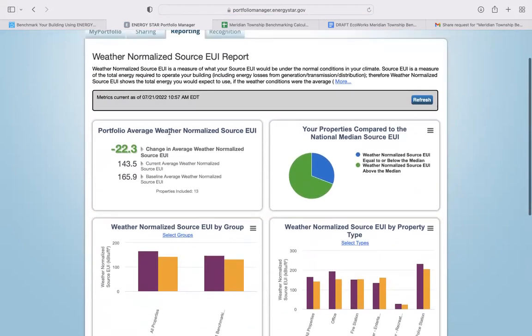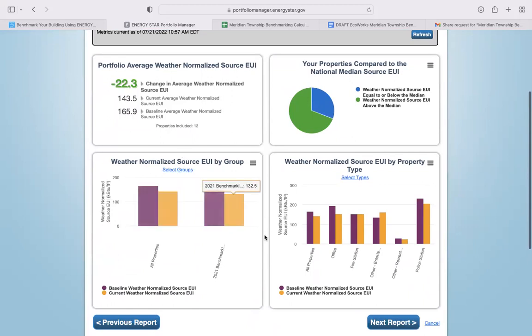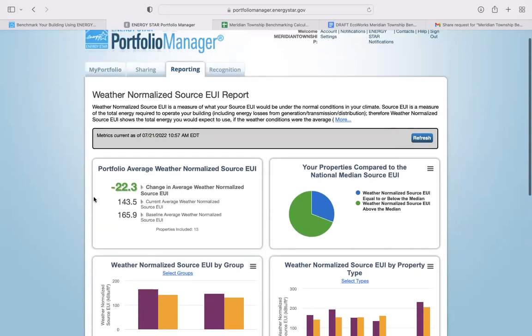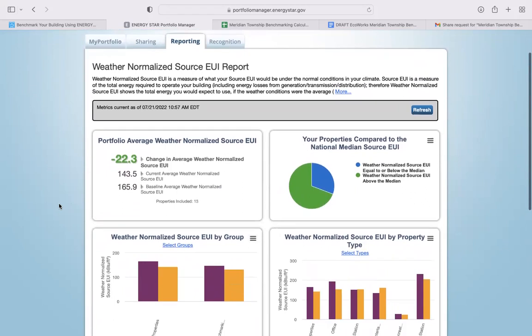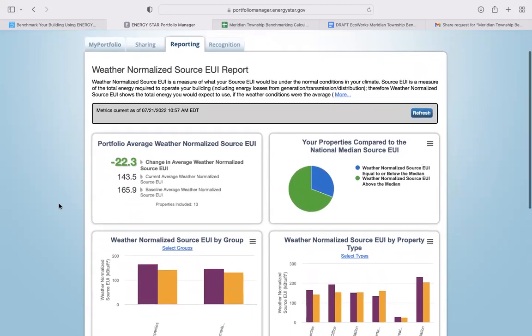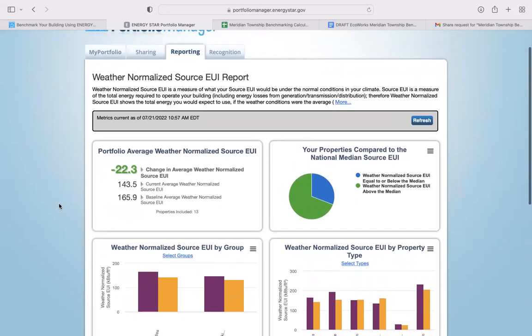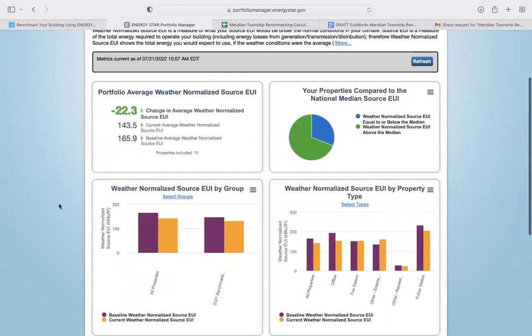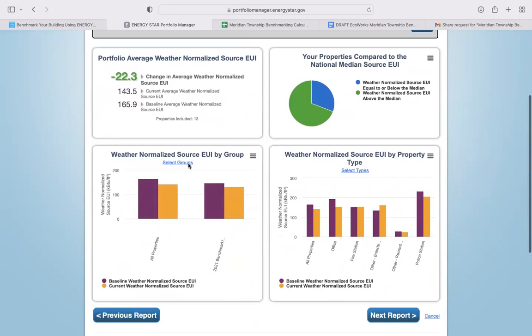So this is looking at your entire portfolio, and a problem with this is that your entire portfolio includes all 17 properties, some of which are duplicate accounts and different things. So I don't know a way of sorting this just for your group other than here. You could look at your overall energy use intensity by group. So you can look at it for the entire portfolio. But when it comes down here to your properties,